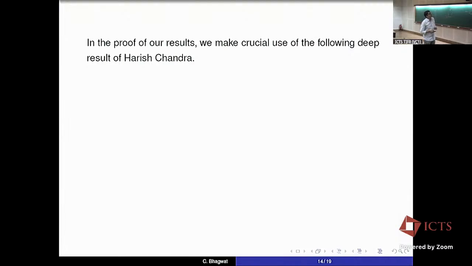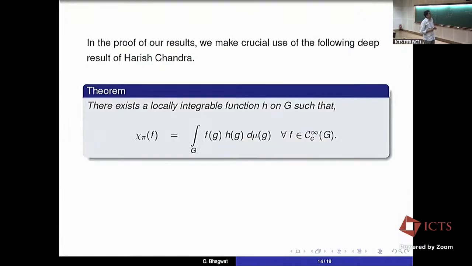So the theorem and the proof rely on the important work of Harish-Chandra, and I'd like to state the main results here. The crucial idea was this: the trace that we defined by this chi pi f. We looked at the convolution operator pi f, shown in the slides earlier. In the finite groups case, it will look like this. Its trace exists, and it defines a distribution, and that distribution is given by such a